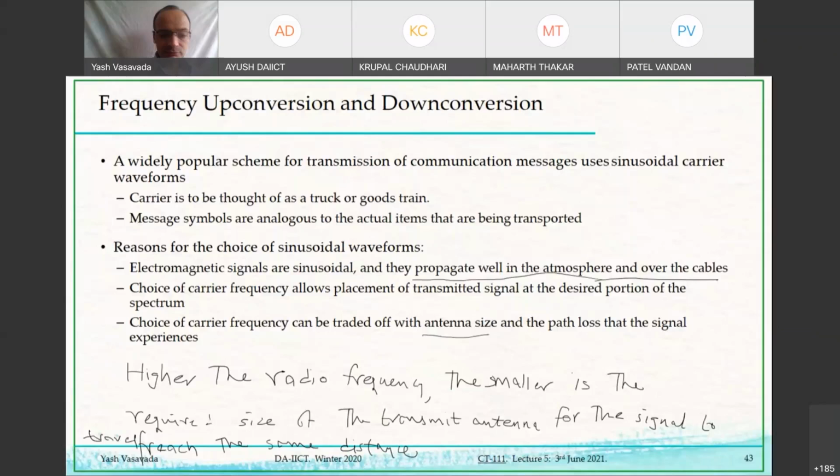And people realized in those early days, and now there is a good mathematical theory behind it, which says that, first of all, you need electromagnetic waves because they propagate well in the atmosphere. And that is kind of well known. The light propagates so well in the atmosphere, the light is nothing but an electromagnetic signal. So that was the first realization. And the second realization was that